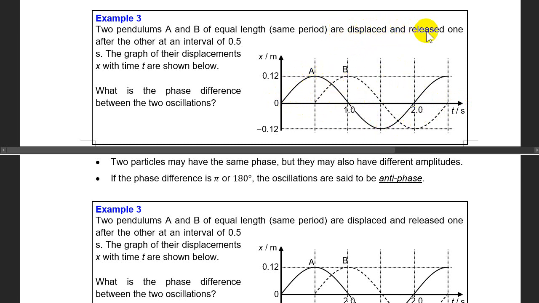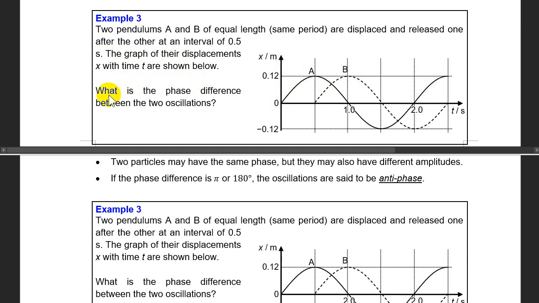They are displaced and released one after the other at an interval of 0.5 seconds. That means A is released first, so this is the oscillation of A, but B is only released 0.5 seconds later, so B starts 0.5 seconds later. So they are not in phase, they are not synchronized. They started at different times. A starts at the beginning, A starts first, but B starts later. Okay, then